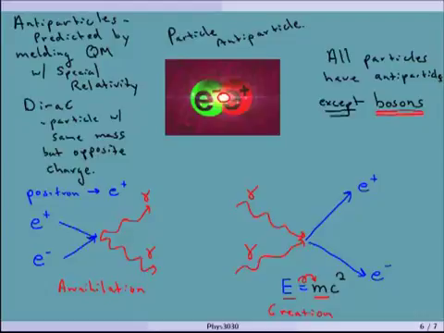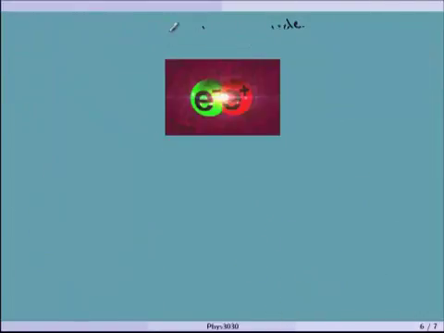Okay, and I think that's all we need to talk about really for antiparticles. And I think there's one more last thing to talk about. I want to just touch base again with the neutrino. Okay, and so just one last snippet here. The neutrino is a weakly interacting particle. I want to touch base again with it here because it'll become very important later on.